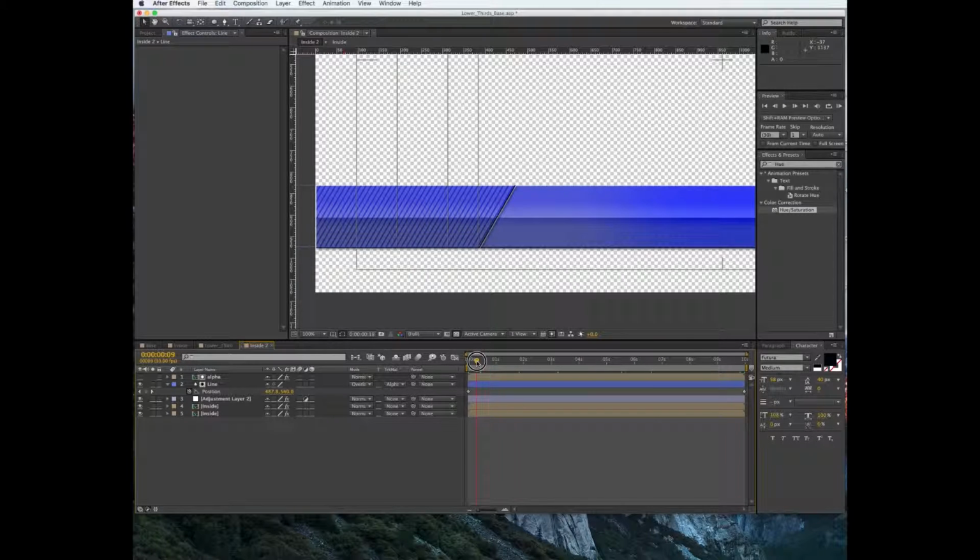So if we do a RAM preview, we can see those lines moving. So this is a little bit of a complicated effect, and it's definitely more on the advanced side. But I did want to introduce this. So next thing we want to do,